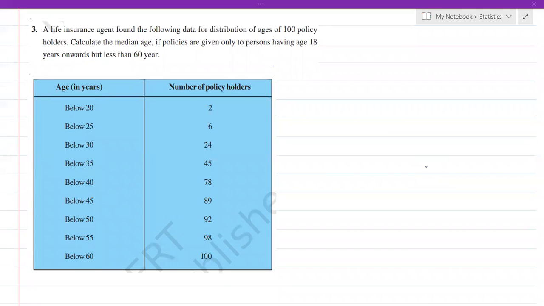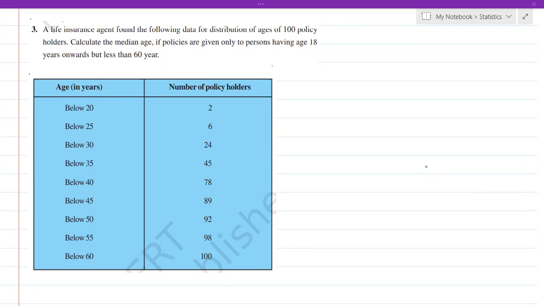Hello students, so let's continue with the problems on median. So the third question: a life insurance agent found the following data for distribution of ages of 100 policy holders. Calculate the median age if policies are given only to persons having age 18 years onwards, but less than 60